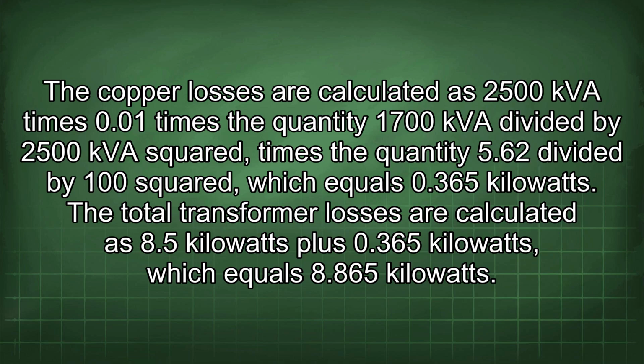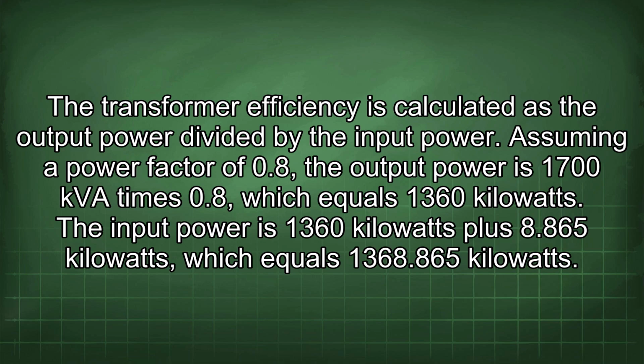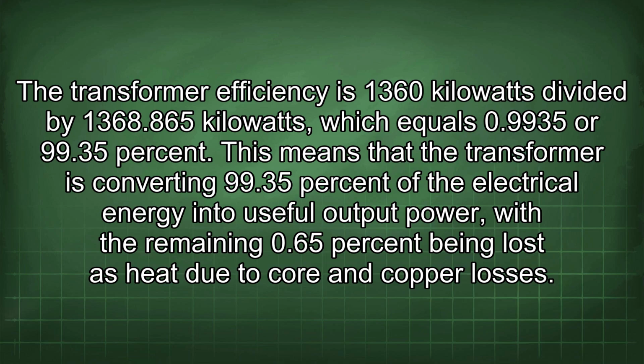8.865 kilowatts. The transformer efficiency is calculated as the output power divided by the input power. Assuming a power factor of 0.8, the output power is 1700 kVA times 0.8, which equals 1360 kilowatts. The input power is 1360 kilowatts plus 8.865 kilowatts, which equals 1368.865 kilowatts. The transformer efficiency is 1360 kilowatts divided by 1368.865 kilowatts, which equals